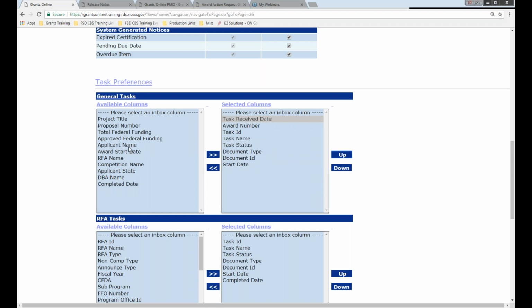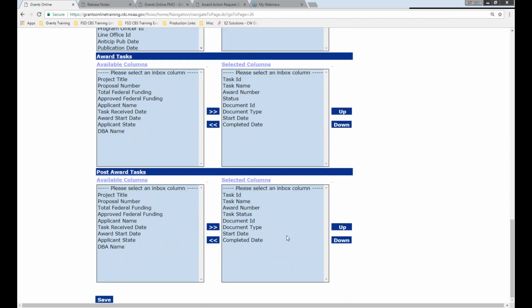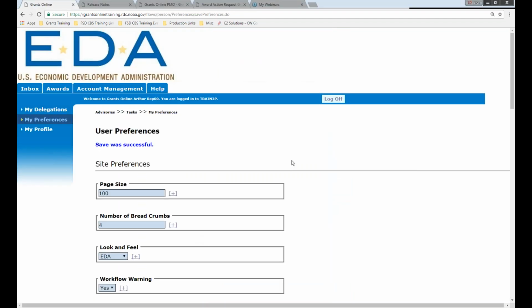I know my own name. I don't need to know my applicant name. The award start date may be a good thing for me to know. I'm going to put that up here, beside my award number. And I think that's good. I'm going to save this new